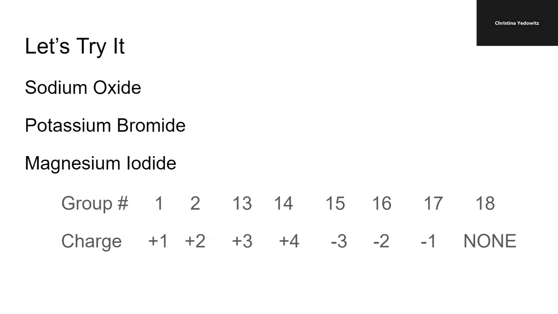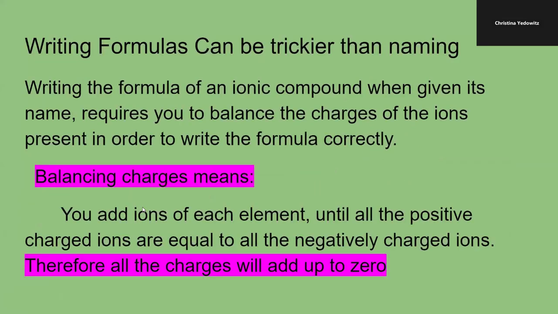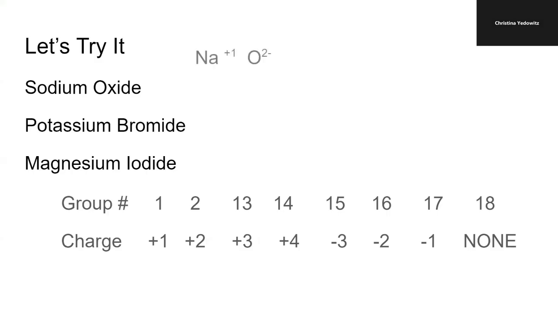This is why I don't need Greek prefixes, because if you go back, you could see, for example, here's sodium oxide written out for you. Sodium has 2 sodiums on it, but you didn't tell me that, and that's okay with ionic compounds. Because when I get over here and I do the balancing,